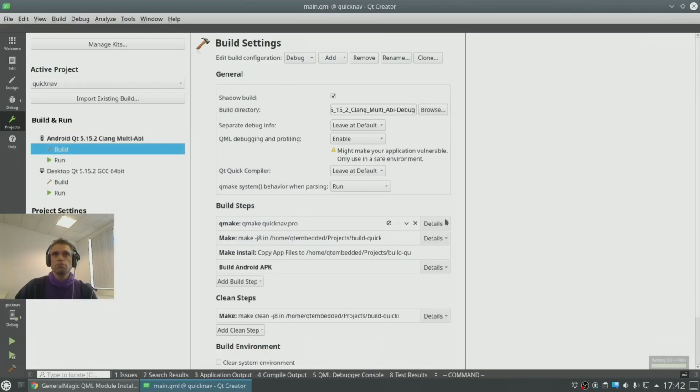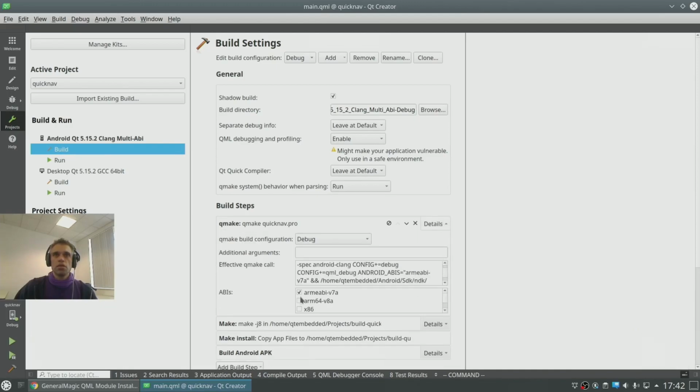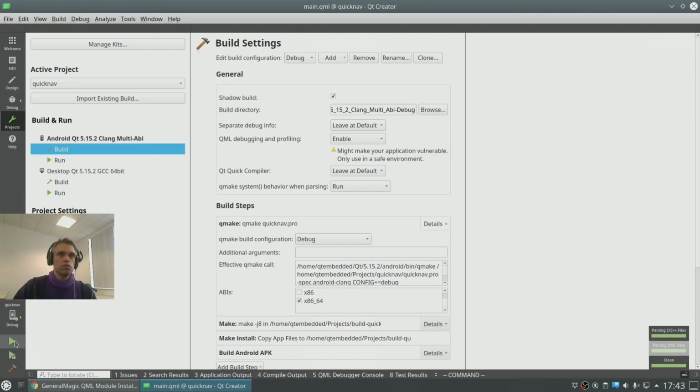Select build, go here. Now this ARM-ABI v7a is the 32-bit Android, this is the 64-bit Android device. But in this case, we are going to run it on an AVD. So here's the virtual device, x86-64. So let's try that.